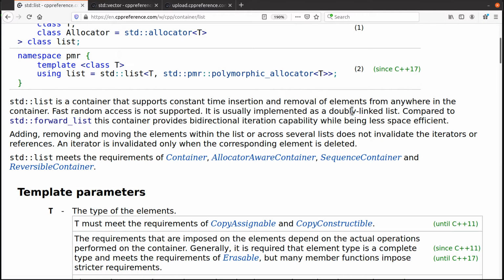Now, the key here is that the list container is implemented as a doubly linked list. We talked about singly linked lists and doubly linked lists. It turns out if you want to, you can also look at another kind of list that has a standard container called the forward list, and that is a singly linked list. And they point out the obvious: if you have a doubly linked list, you can iterate and traverse that list,